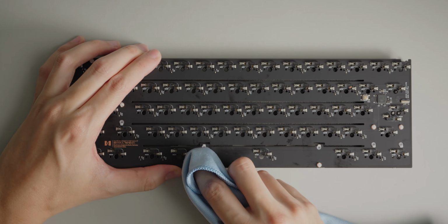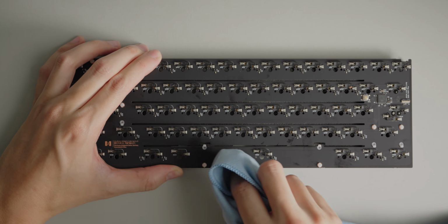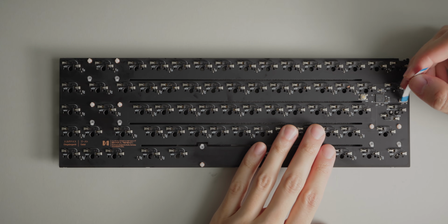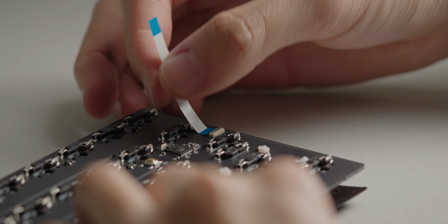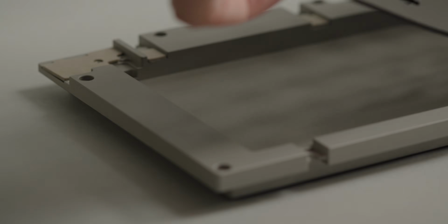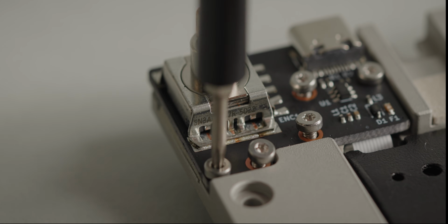For the first time in any build, I actually wiped down the PCB after the installation. I always end up getting a bit of lube all over the place, which happens when you're excited. But usually I never bother cleaning up after myself. This time, however, I again wanted to make sure everything is perfect. After a ceremonial cigarette, it was then time to attach the short ribbon cable between the PCBs, before placing the case foam and layering everything into the gasket and securing the daughter board with what seemed to be an overkill